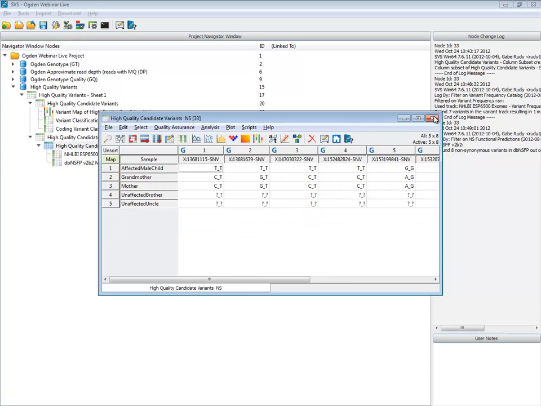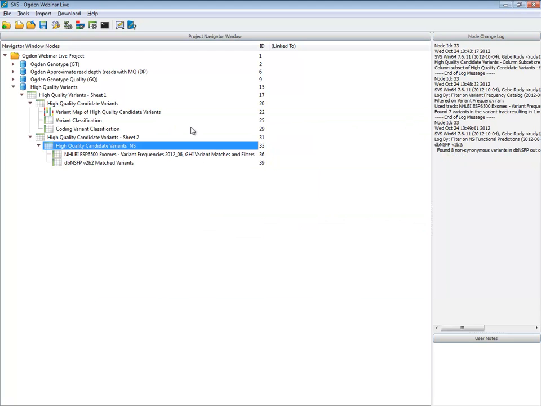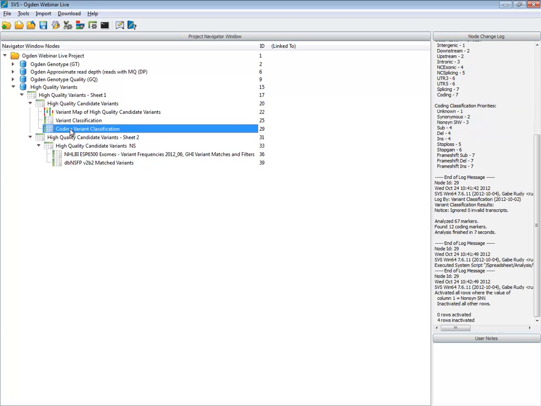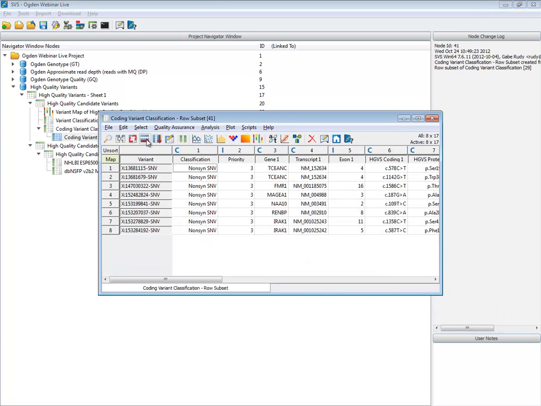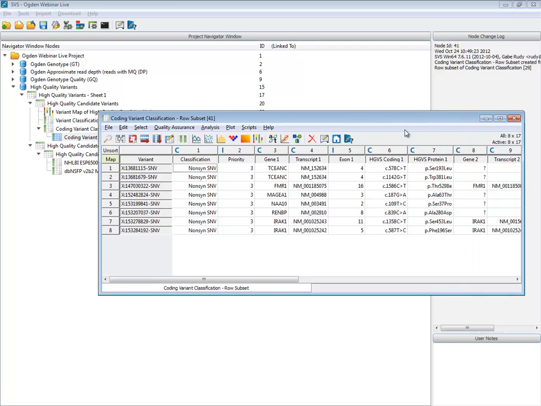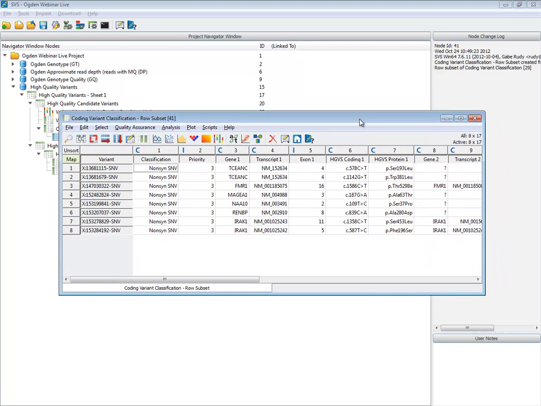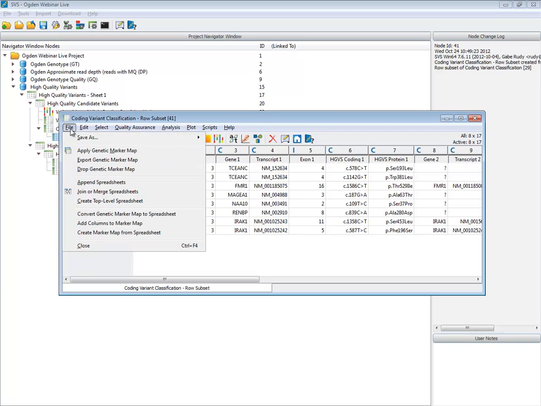So what I like to do from here is actually jump back to my coding variant classification report, create a spreadsheet here of just these 8 non-synonymous variants. Because this has that information about the gene, the transcript, and the protein changes in it, let's use this as an aggregation of our annotations for our remaining candidate variants.